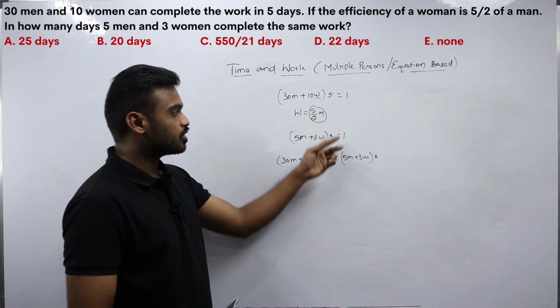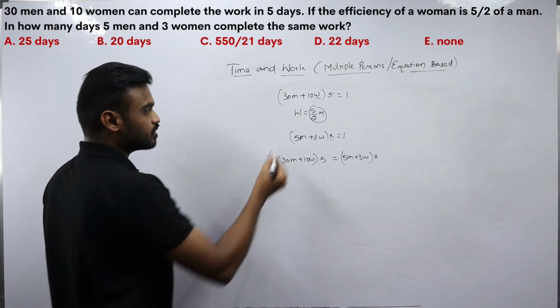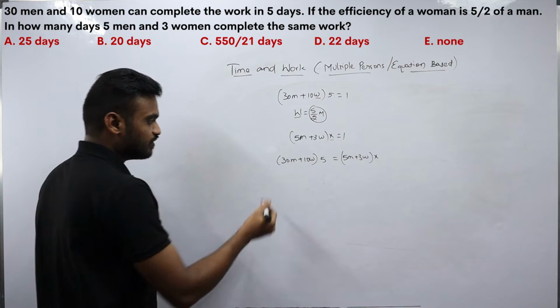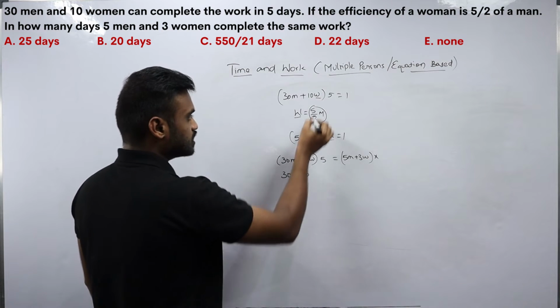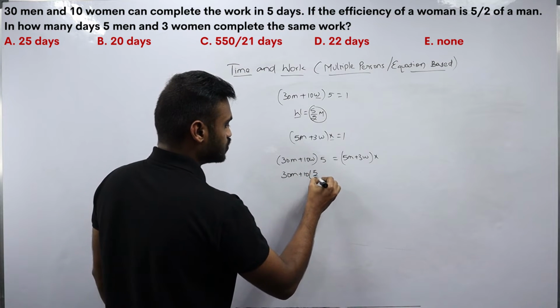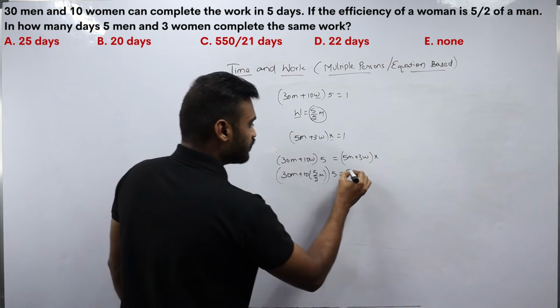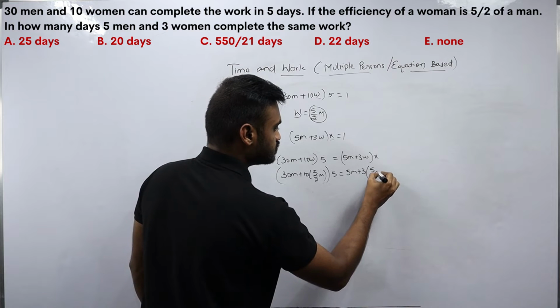Okay, in both the cases the amount of work done is the same, so I am equating both the scenarios. Now wherever there is women, I will simply substitute 5 by 2 men. So I will get 30 men plus 10 into women, which is 5 by 2 man, into 5 equal to 5 men plus 3 into 5 by 2 man,